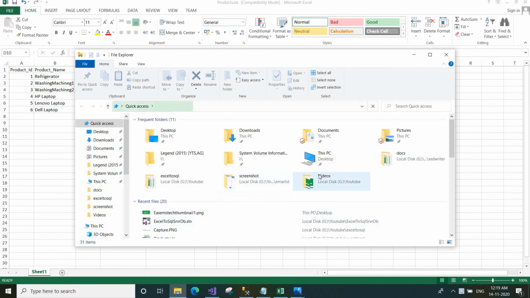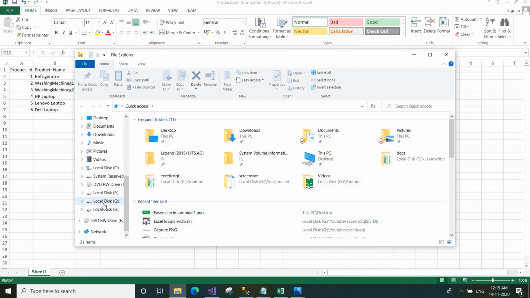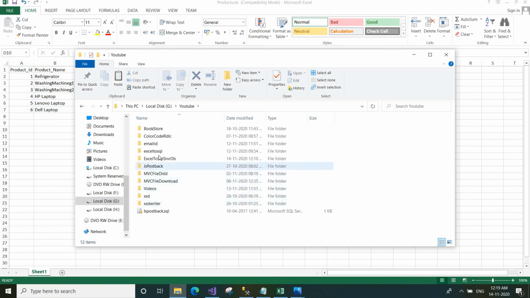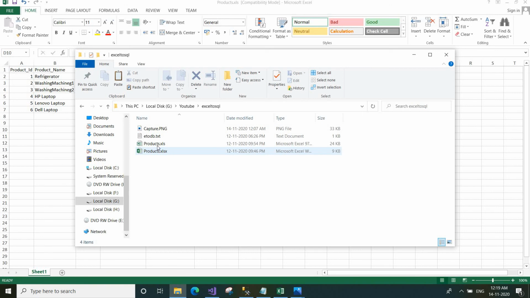I have created two versions, one XLS and one XLSX. This one is from 2007 upwards and this is up to 2003. Product of XLS is 97 to 2003 and this one is onwards 2003. Okay,